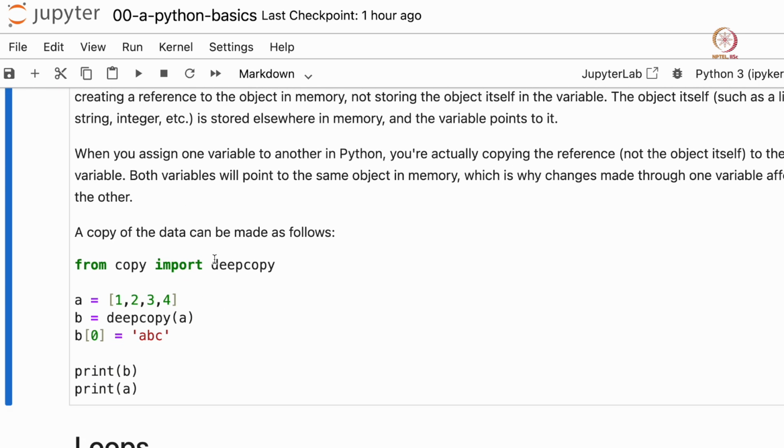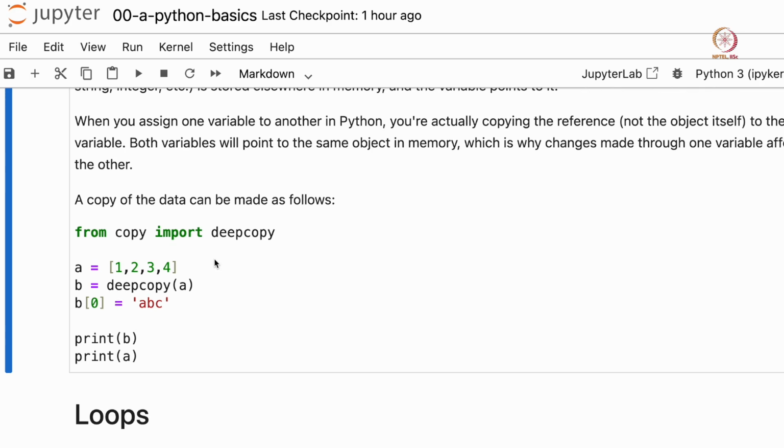Now the important part is, how do you create copies of your data if a variable only refers to a data point? Usually many data types have a method called dot copy, which creates an actual copy of your data. But if it is not present in some data types, you can always type this.